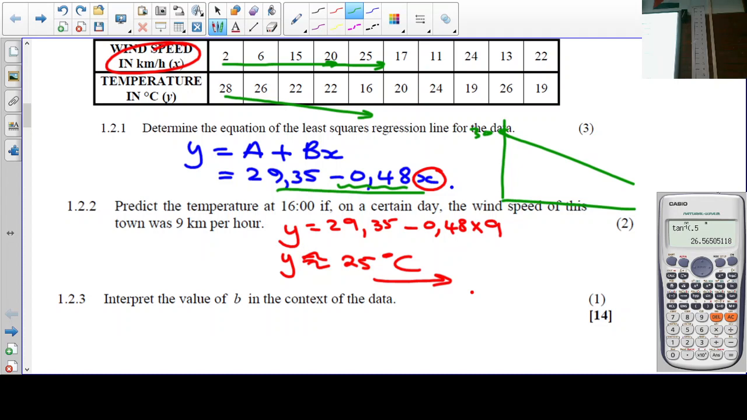So it's decreasing at the rate of 0,48. The B value they're referring to is that B value. Okay, so we can say it's decreasing